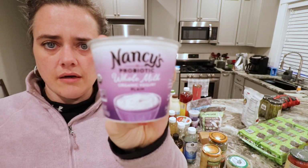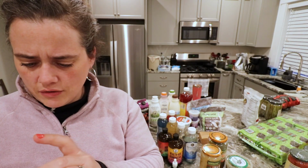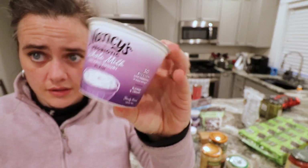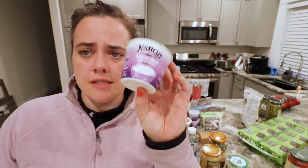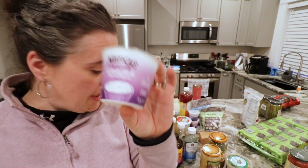This one is just a plain yogurt. I tried to find a yogurt there that said grass-fed, and I couldn't find one that was in a little cup. I wanted to have portion control, so that's why I didn't get the big tub. But I got this one. This brand is typically grass-fed cows, but this particular bottle doesn't say it, so I'm not gonna say that it is. It is organic, non-GMO, and like I said, this brand typically is grass-fed, but I won't say it is. But I got 2 of these plain ones,